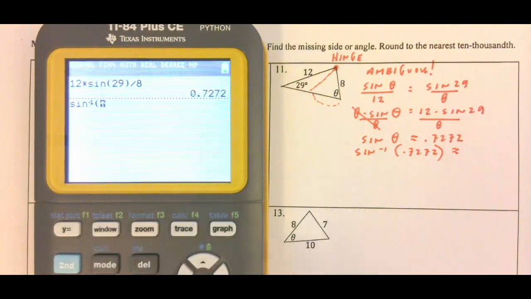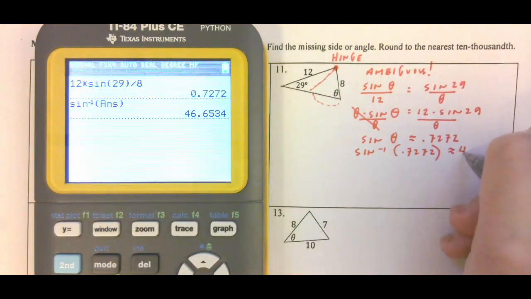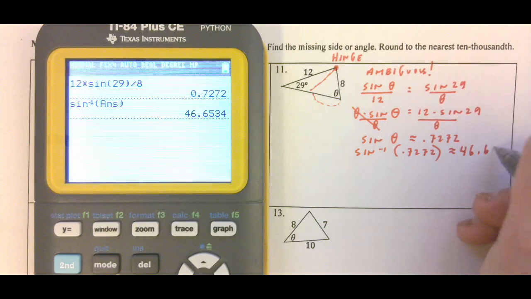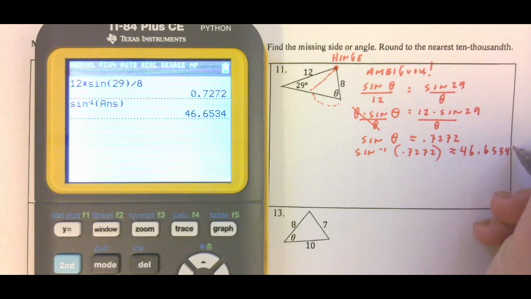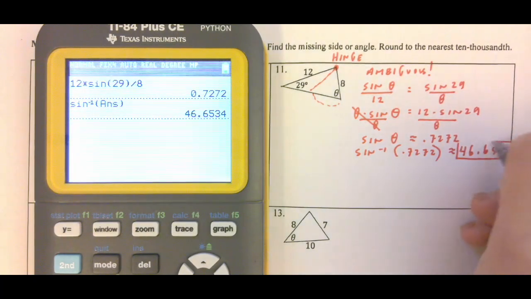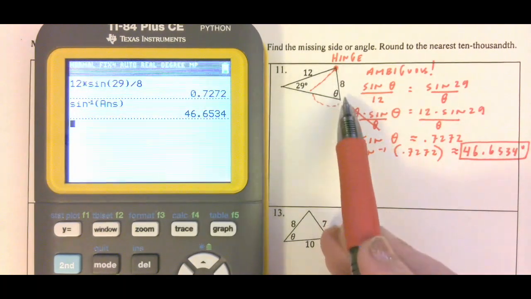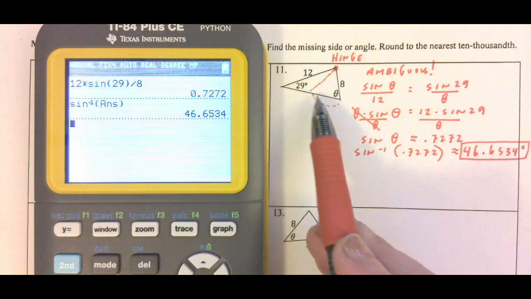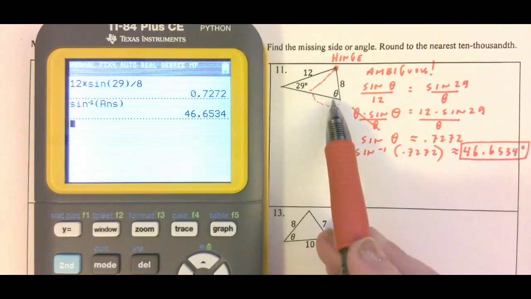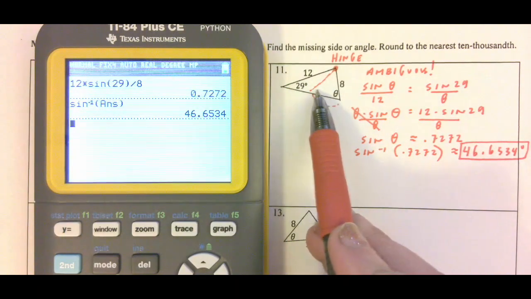So second sine, building off that previous answer, the first possible measure is 46.6534 degrees. So that's the angle that's right here. Remember that if that 8 swings to here, this triangle right here would be isosceles. So these two angles would have to both be